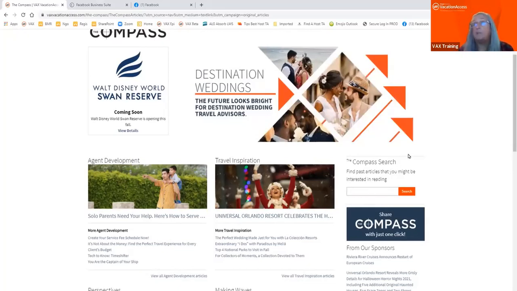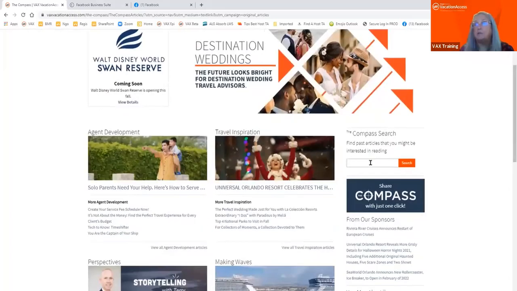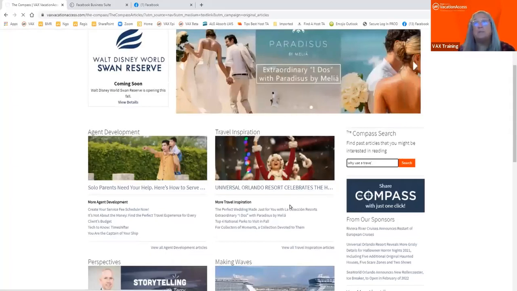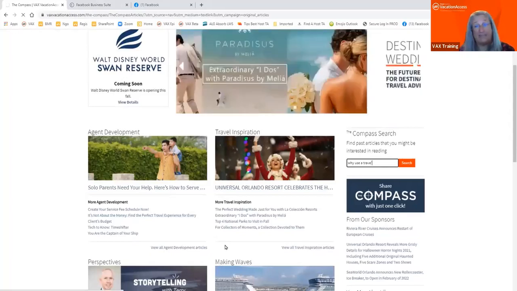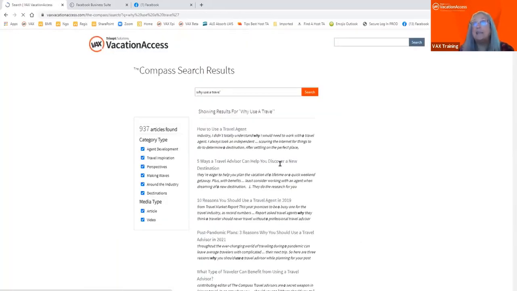Well, when we're on the Compass page, which I just clicked from the Compass tab, Original Articles, if I type in "why use a travel," even just that much, what will come up is, because what you see on the original page is not all that's there, there is so much more content behind this.